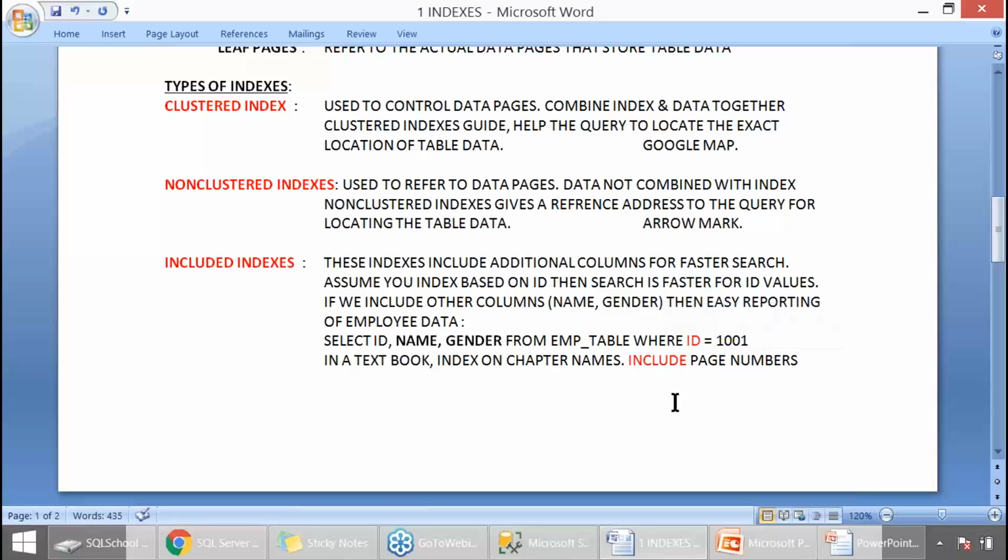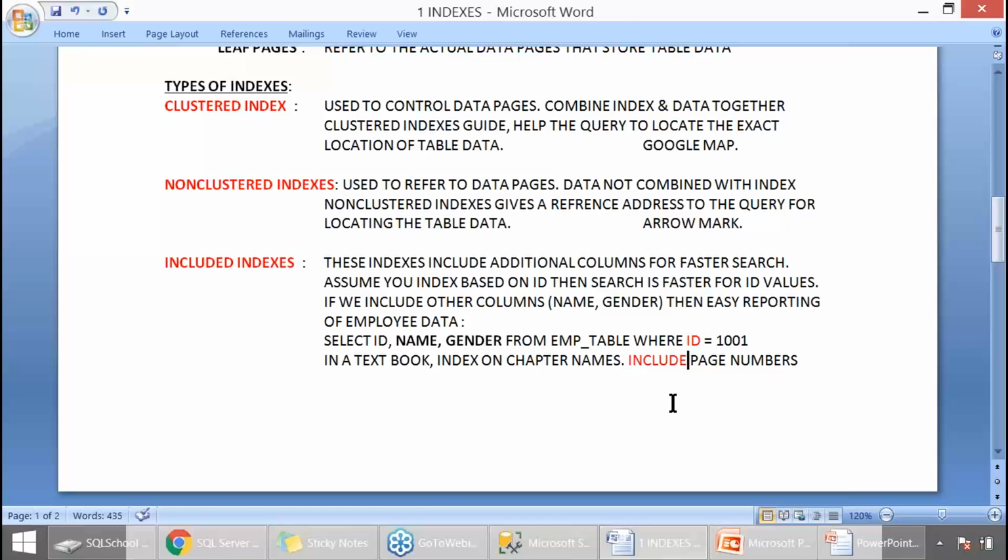It's simple logic. Why? You are searching for a chapter name. Once you search for the chapter name, what next? Identify the page number. This is what we are going to practice now. Remember, all these mechanisms are mainly for ensuring streamlined execution of queries.